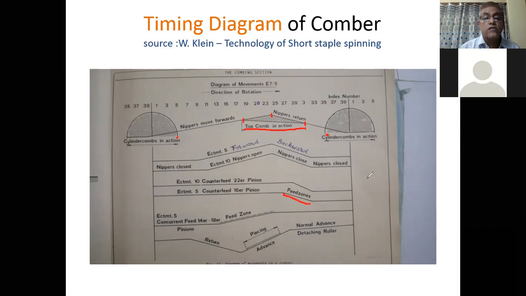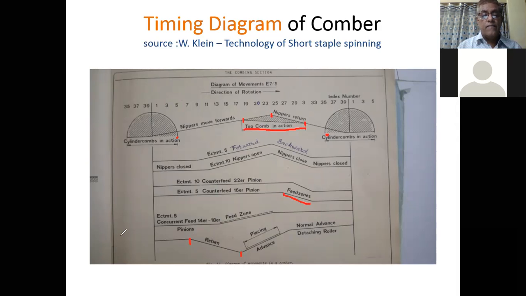Now, what about the detaching roller? We have already discussed that the detaching rollers return the already combed material. They will return the already combed material from index 7, and they will continue their return journey up to index 16.